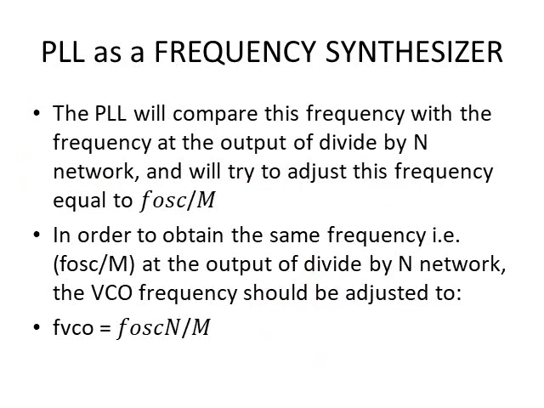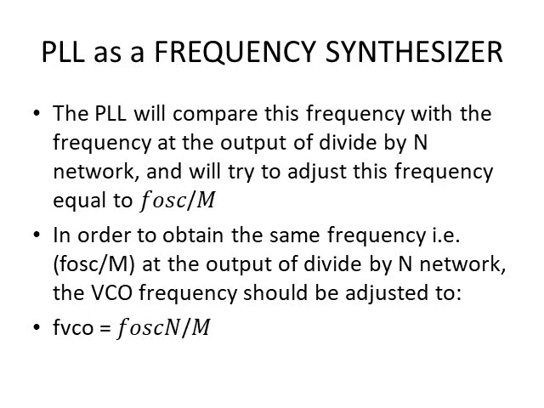Normally in a PLL, the phase detector compares the input signal frequency with the voltage controlled oscillator frequency. The process continues until the input frequency equals the voltage controlled oscillator output frequency, so the error voltage is constant. If we introduce a small divider network, the N network, in the feedback path between the phase detector and the voltage controlled oscillator, the VCO output is divided by a constant value, and that divided value is given to the phase detector.